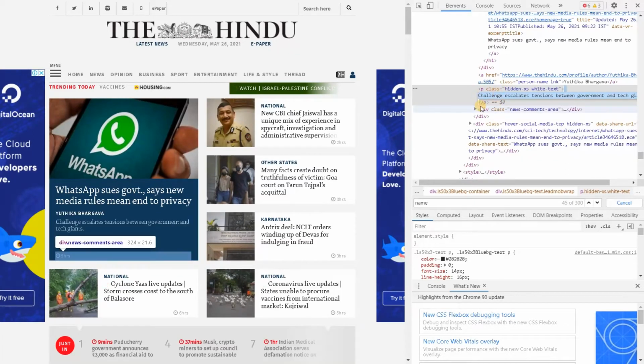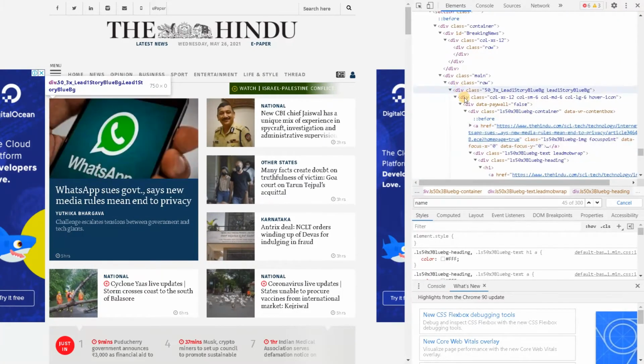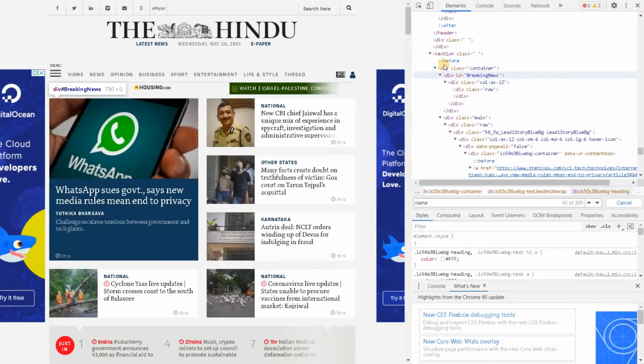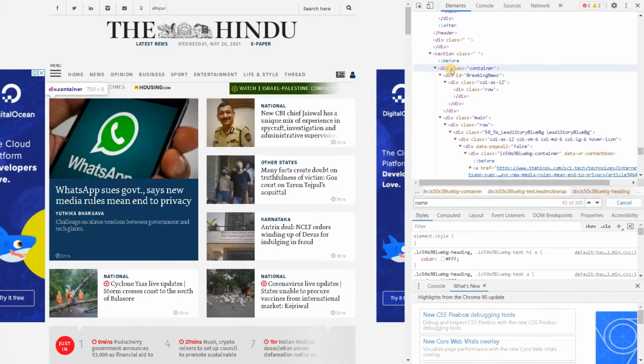Apart from this, we can also use individual tags to find the elements. Here we have a paragraph tag, and here we have a div tag. There is a subsection, right? Under the section, a div is there. Like that, you can branch through the tags and get the particular tag. Under the section a div is there, and under that another div.